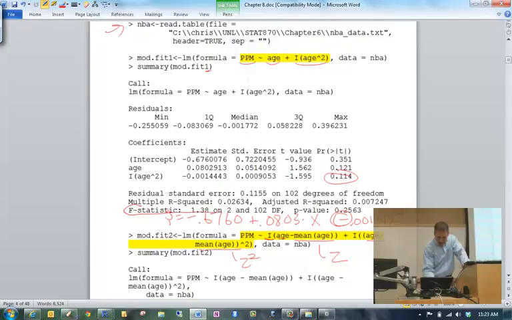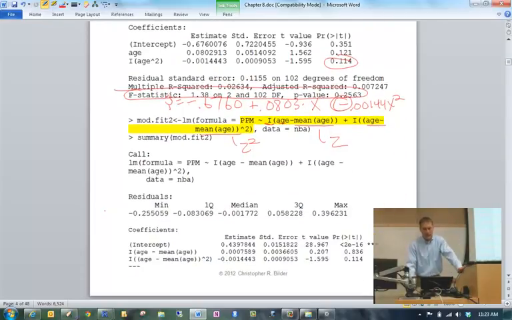Here's my f-test statistic, corresponding degrees of freedom, and p-value, 0.2563. Well, that's kind of large. So there's not sufficient evidence that age in this linear or quadratic form is important. In fact, I would do that kind of a test first before I would even look at the quadratic effect alone. This gives me an overall measure.